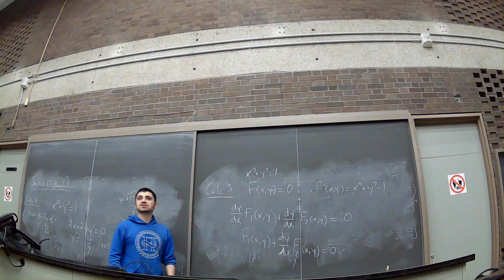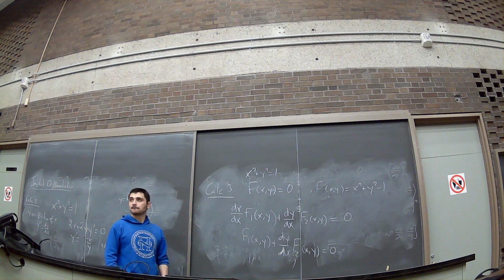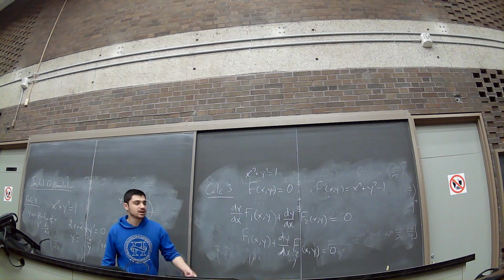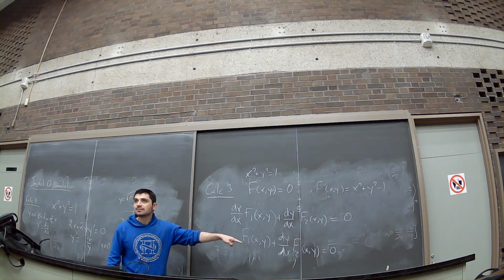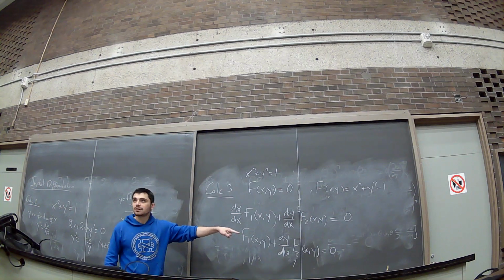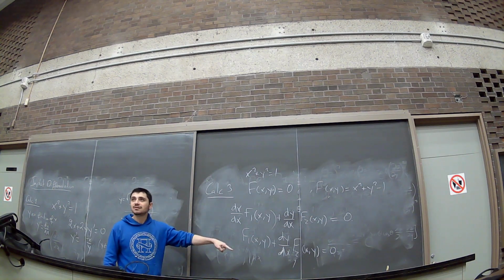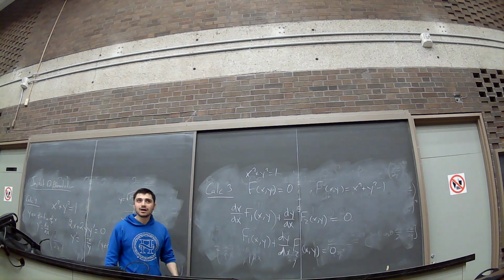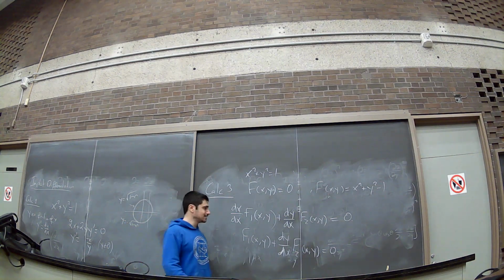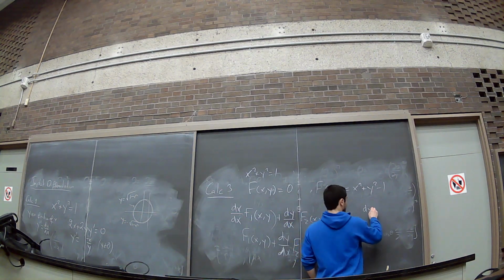What is dy by dx? How do I solve for dy by dx? I put the minus f1 on the other side and I divide by f2, right? Yes or no? Yes. So dy by dx